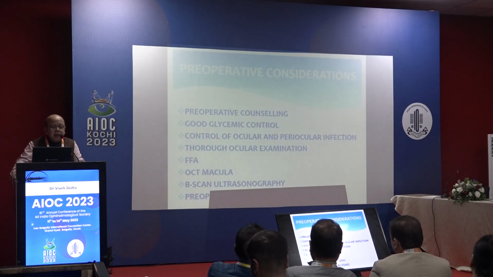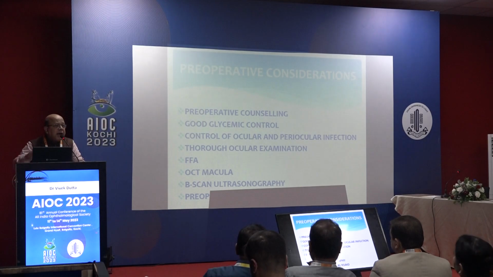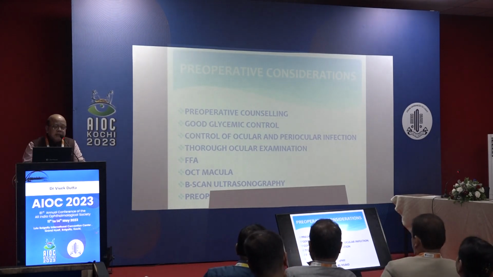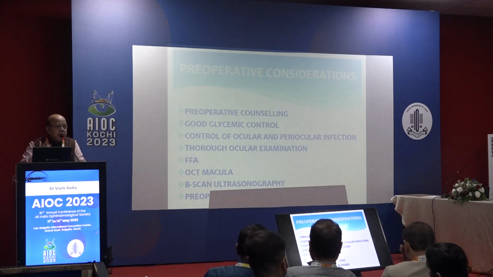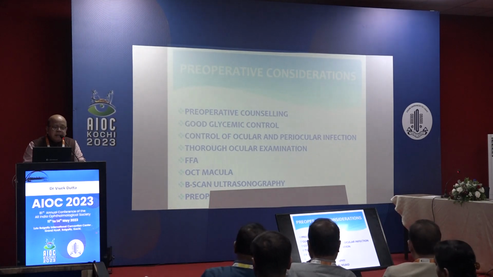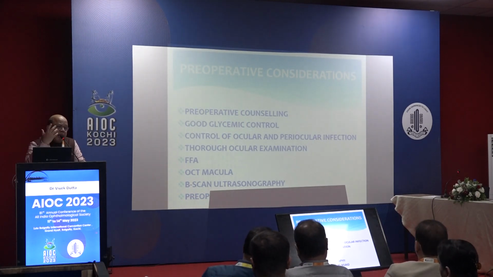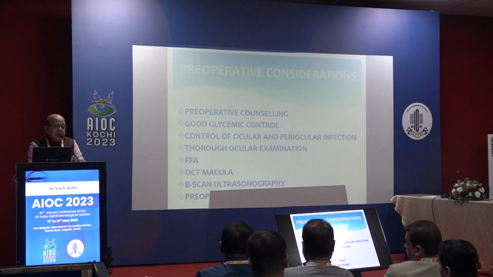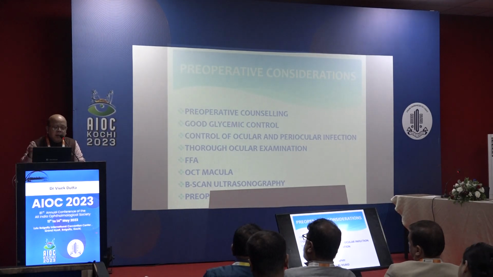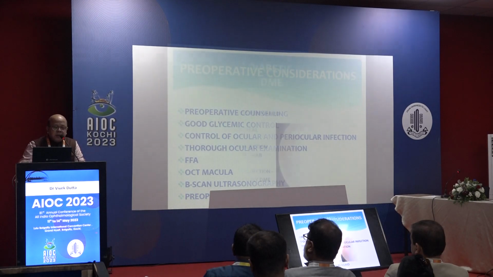And sometimes FFA, if it's an active diabetic retinopathy, fluorescein angiography helps to assess the situation. OCT of the macula is very, very important in all cases of diabetic retinopathy. B-scan ultrasonography, when we can't get to see the retina, it is helpful to do a B-scan ultrasonography. And in such cases, often one school of thought is also to use preoperative topical NSAID starting about a week